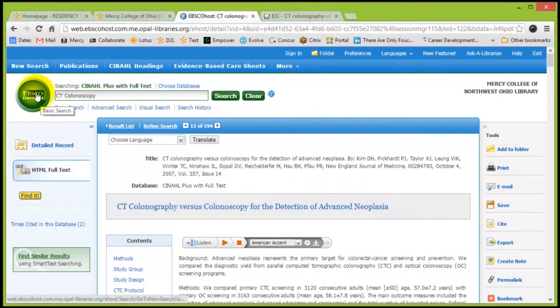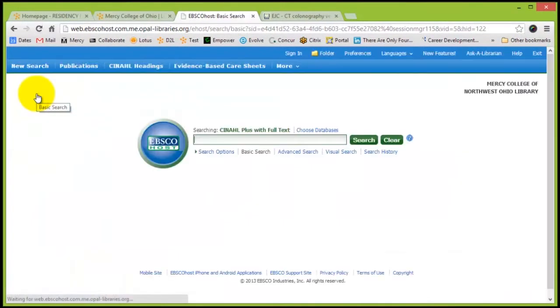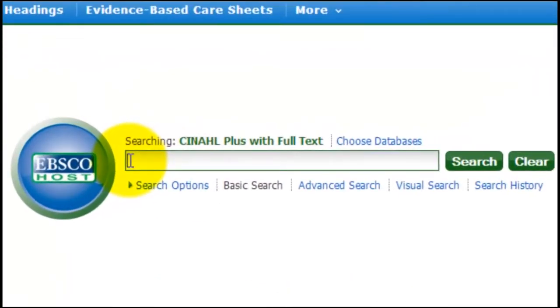Let me show you one more trick that I like. And again, you can do the Electronic Journal Center. It's basically, imagine if you walked into a library and all those magazines, those journals are just sitting on a shelf. That's what that's like. It doesn't really help you dig into it. But let's say you want to dig into a particular magazine, let's say Radiologic Technology.